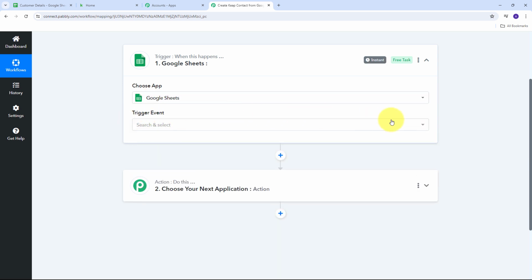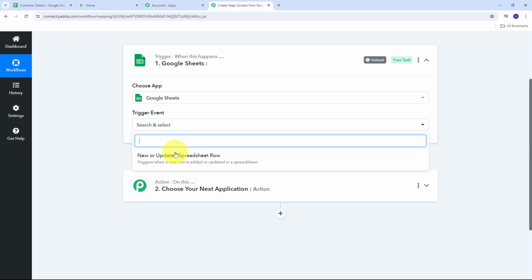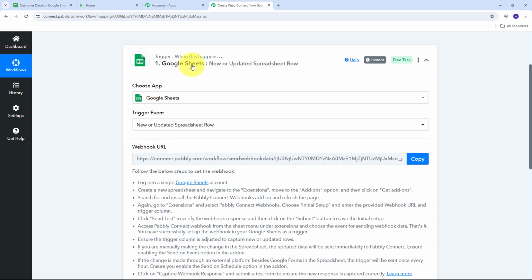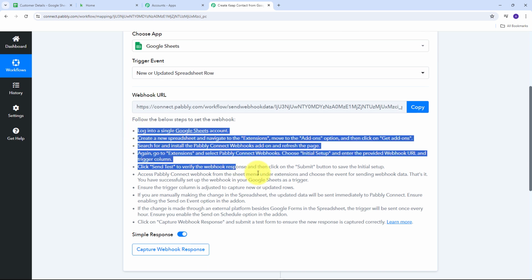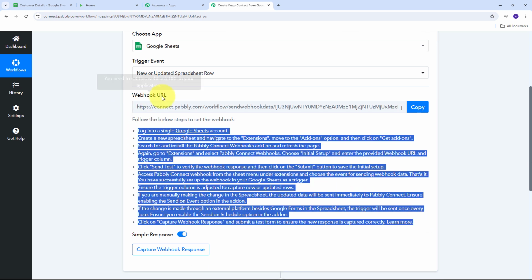Now I need to give a trigger event, so I'm going to open this tab. A new or updated spreadsheet row will be my trigger event. So I'm going to select this and connect Google Sheets with Pabbly Connect. For connecting Google Sheets and Pabbly Connect in my workflow, I'm going to use this webhook URL, and this webhook URL is going to work as a bridge between Google Sheets and Pabbly Connect. Now for connecting these two applications, I need to follow all these instructions, and first I need to copy this